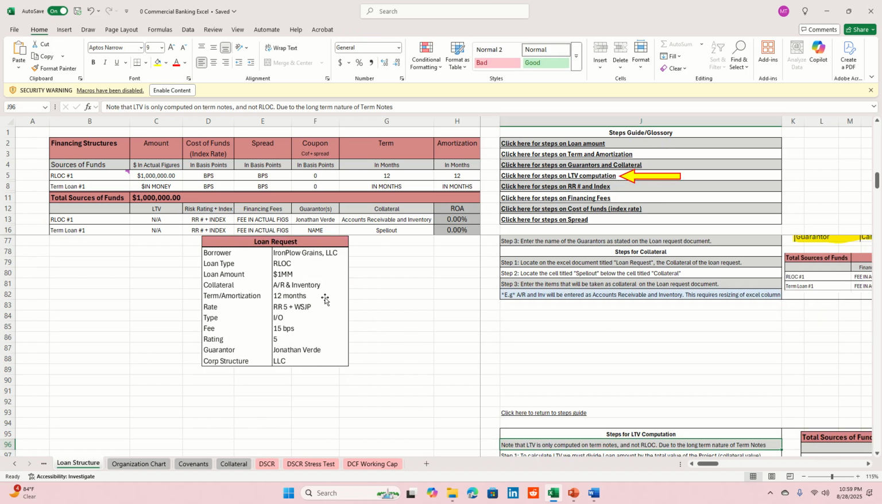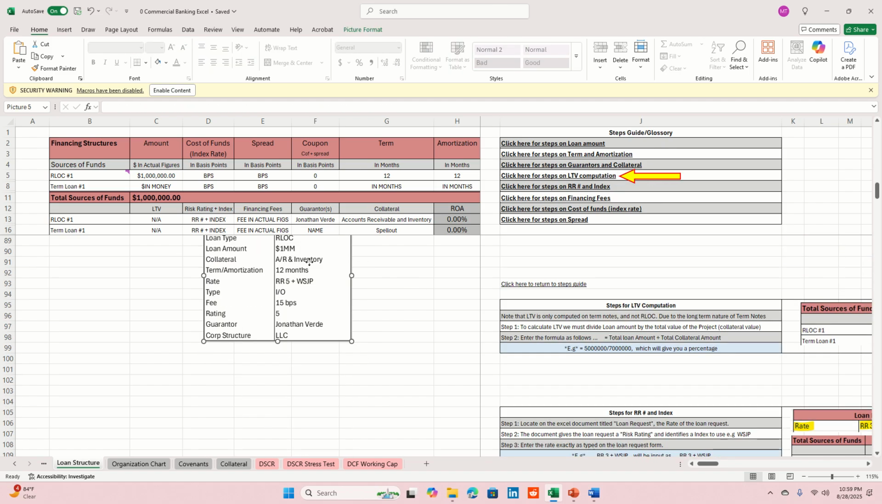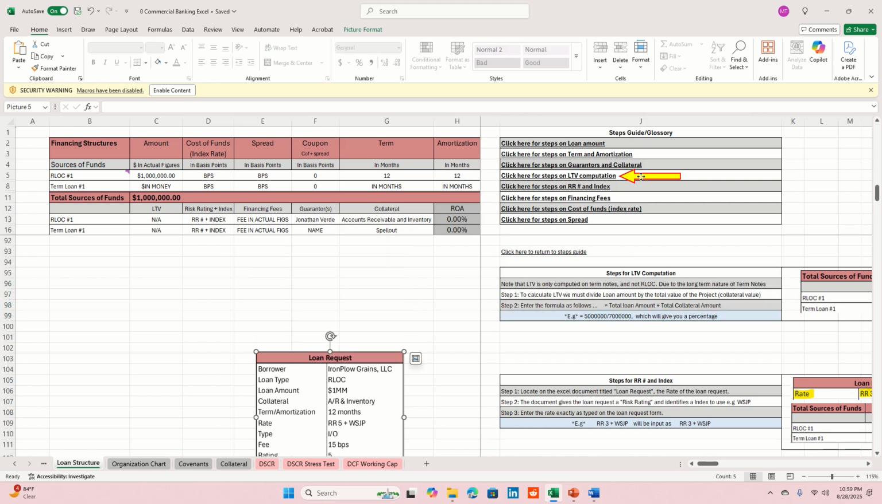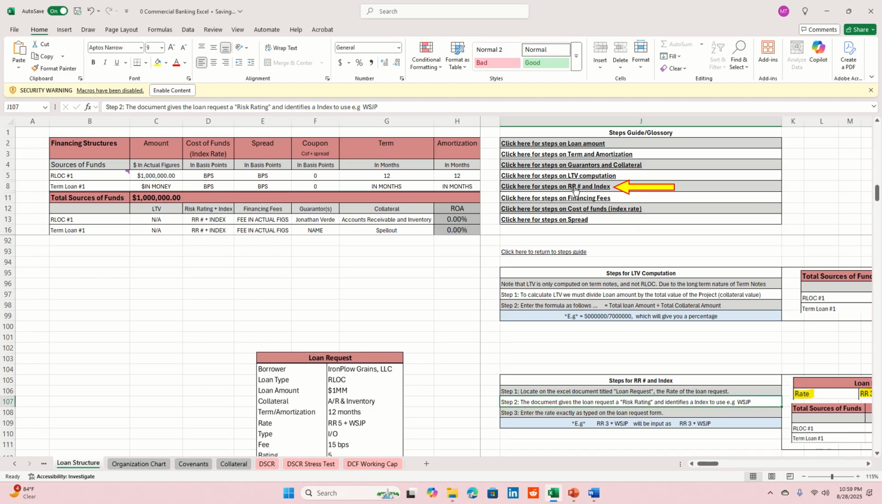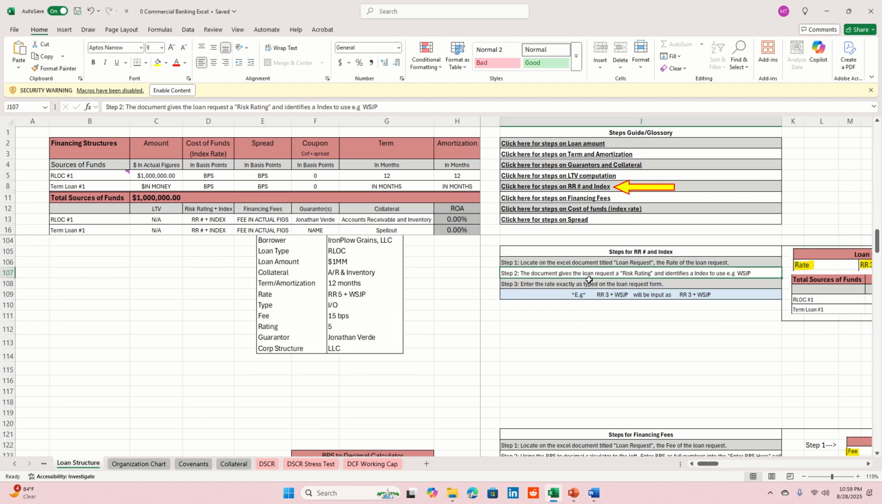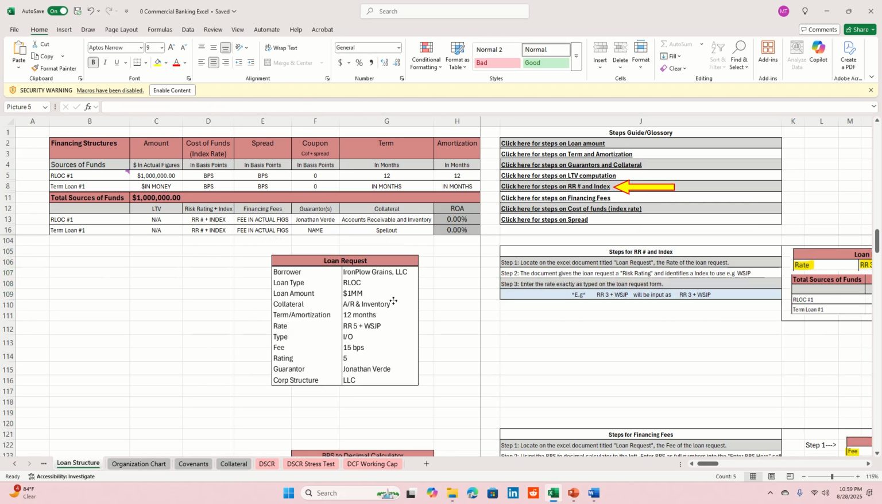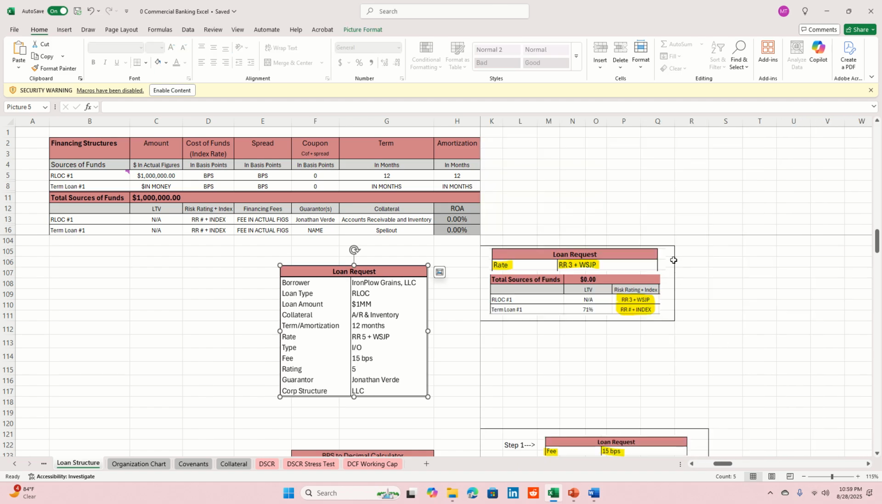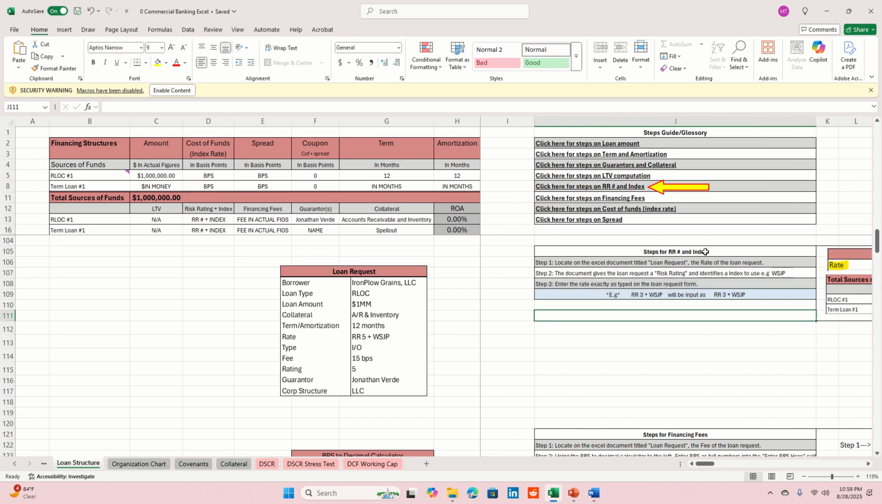Remember, this is a revolving line of credit, so we're actually not going to compute a loan to value. Or there is no loan to value, but this is here in case you end up needing to use it. Okay. So click here for steps on risk rating and index. So that's going to take us down here. Risk rating and index. Remember, there's also these things over here. Okay, to the right. So we're going to type in